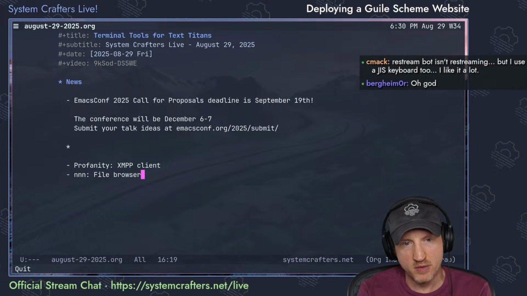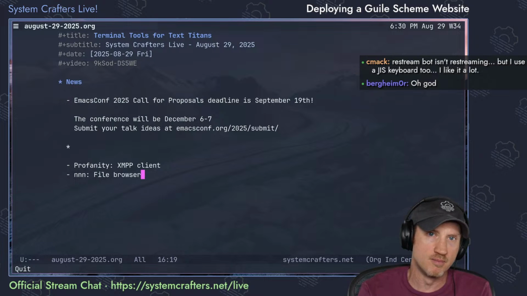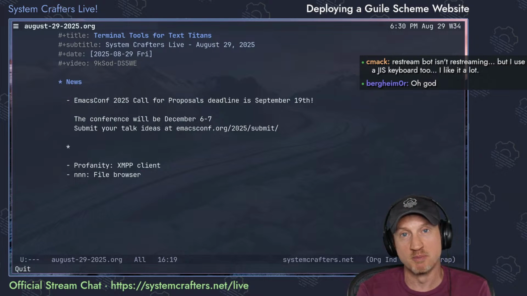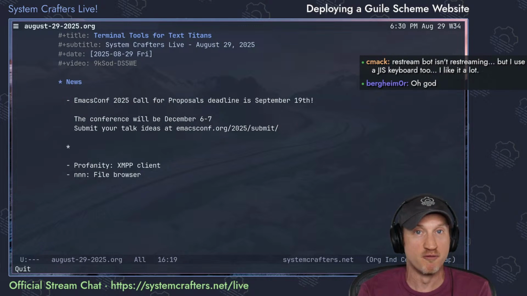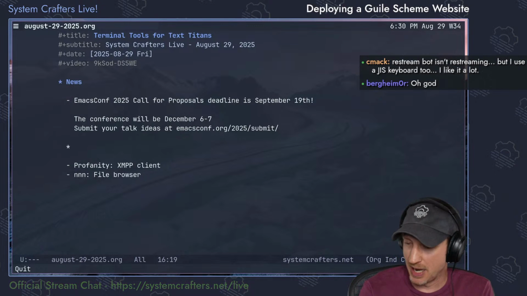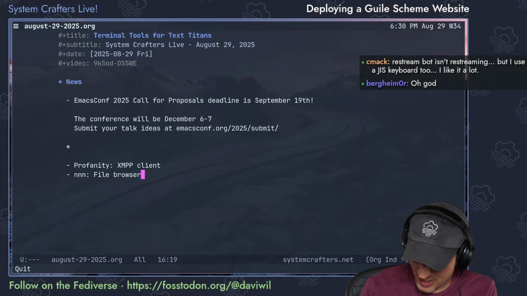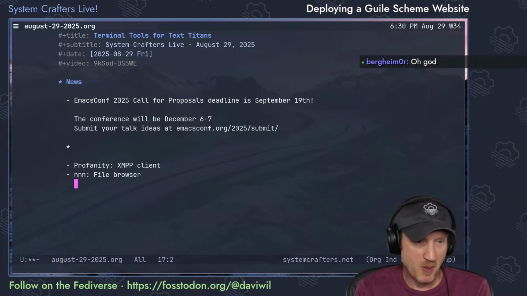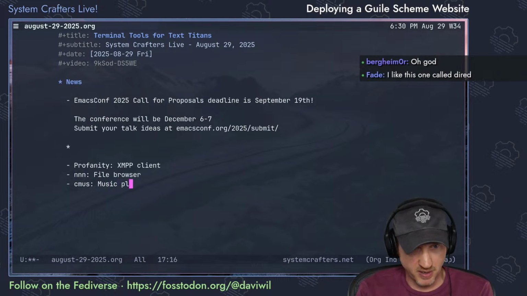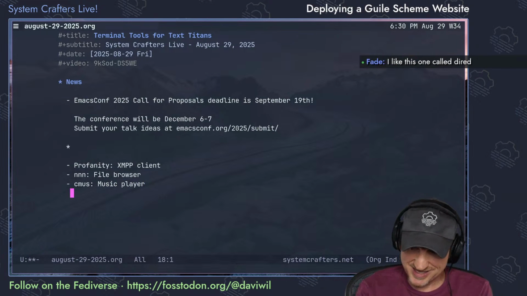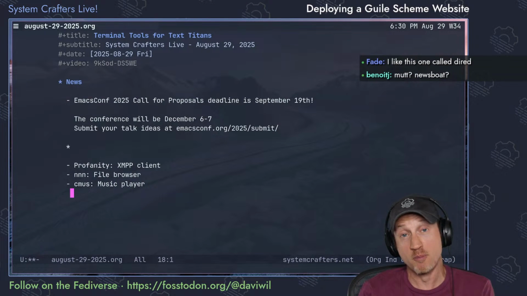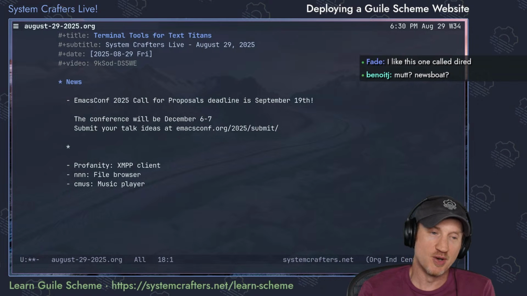I'm sure many of you have heard of other ones like Ranger and Midnight Commander, which is a clone of Norton Commander, which has been around forever and ever. We're not going to look at that one. And Berghammer is saying, oh God, what for? Then also CMUS, which is a music player. Fade says, I like this one called Dired. Yes, well, for me, I'm going to continue to use Dired,